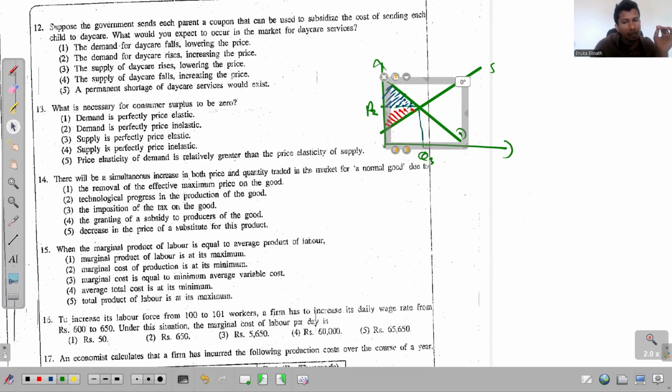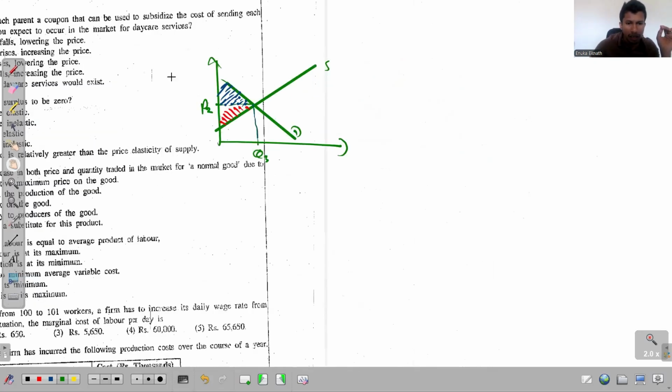If you just rotate this anti-clockwise, what happens to that consumer surplus? See, when I rotate this, what happens to the consumer surplus? That blue color region slightly reduces, and when the demand curve becomes parallel to the quantity axis, right? When the demand curve becomes parallel to the quantity axis, the consumer surplus becomes 0. If I just show you this using another diagram, if this is the supply curve, and if this is your demand curve,